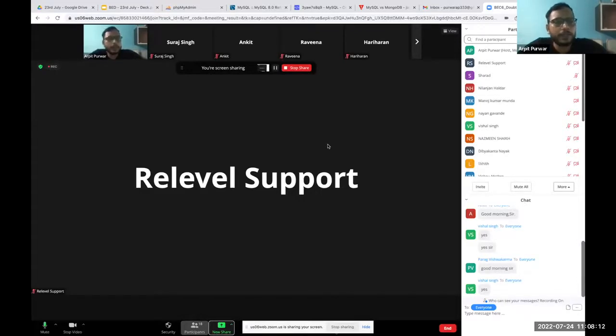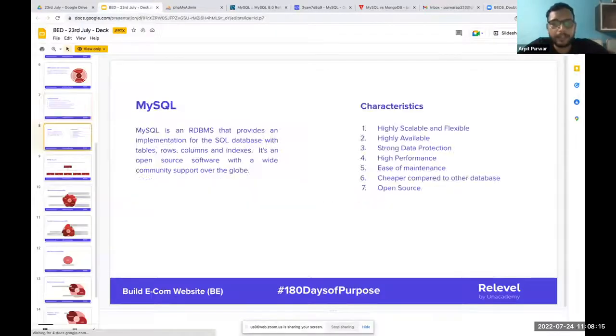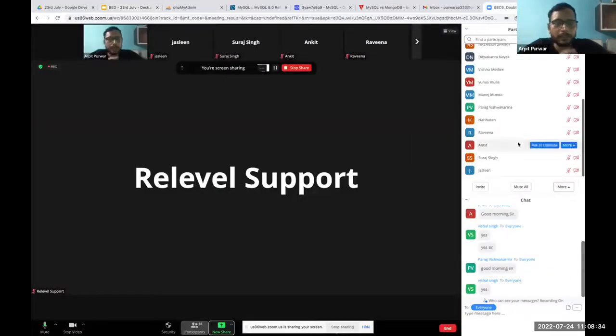Okay, then after understanding the type of database, we jump into one type of RDBMS. Correct. So there are multiple RDBMS databases available: MySQL, SQL Server, DB2, Oracle. All these are relational databases. Correct. But I remember you guys were also asking me a question about the difference between the relational database and non-relational database. Correct. I remember that the difference I need to tell you guys. So I brought one example for you.